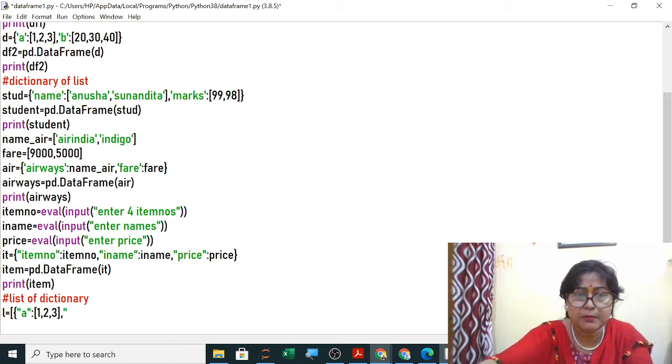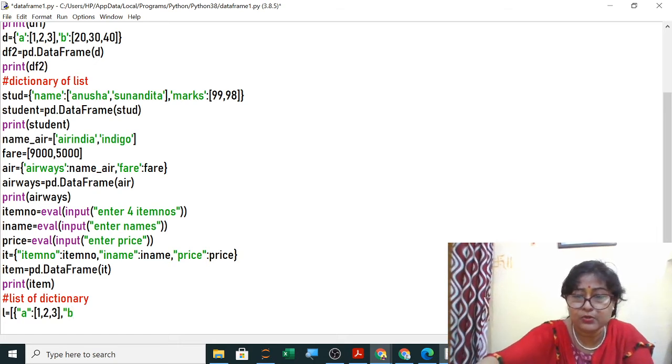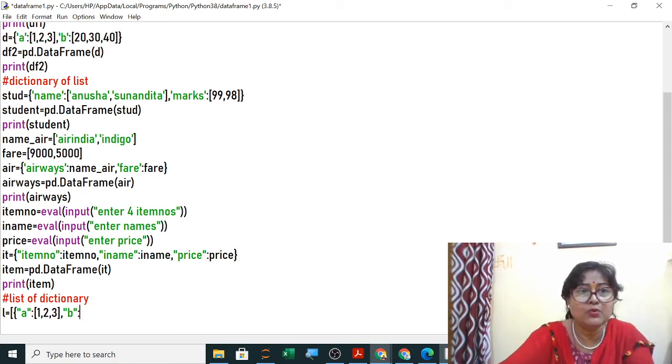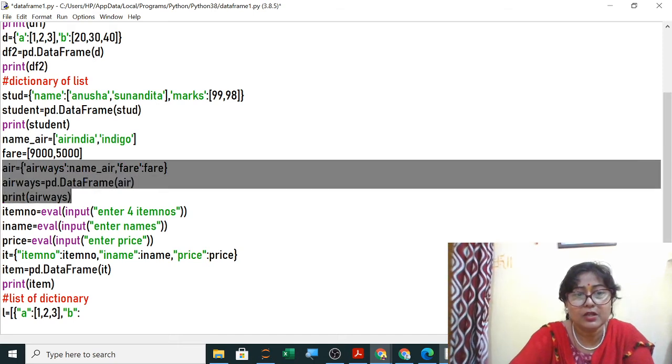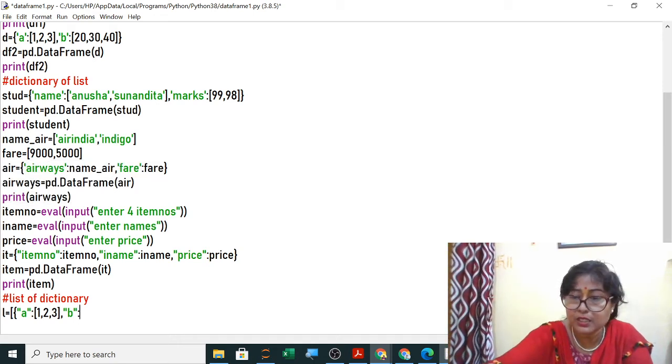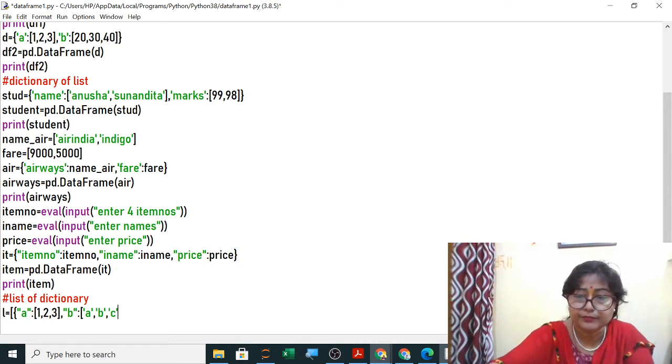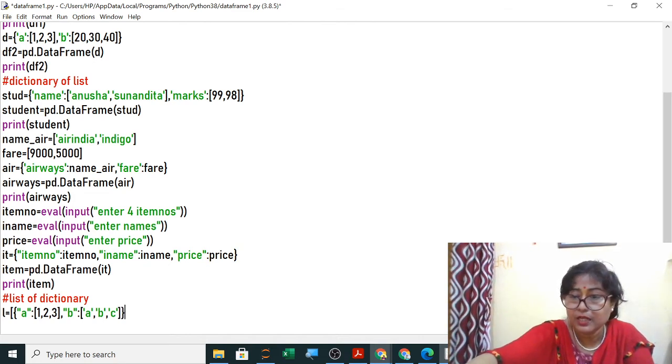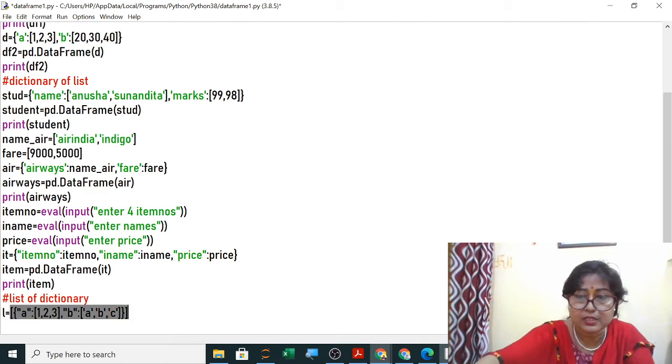It is almost the same. We are not using this method, but since it is given in your book, if they ask you in your question paper, for that only I am explaining. In real life we will simply use the dictionary method, the above method which we have done, either this method or that method in your project or in real life. Now here if A B C, 3 data you are giving here. Yes, now this is your dictionary. You close the dictionary and then close the list.